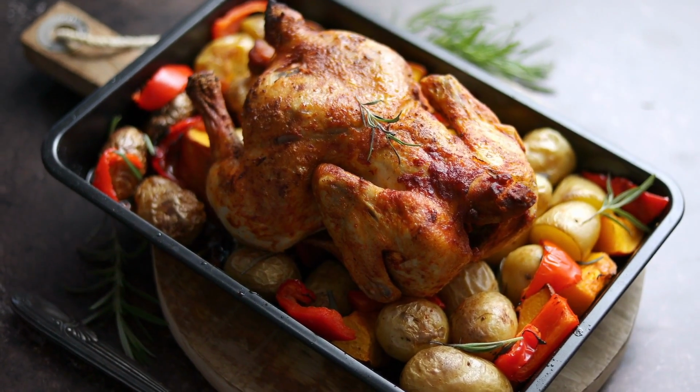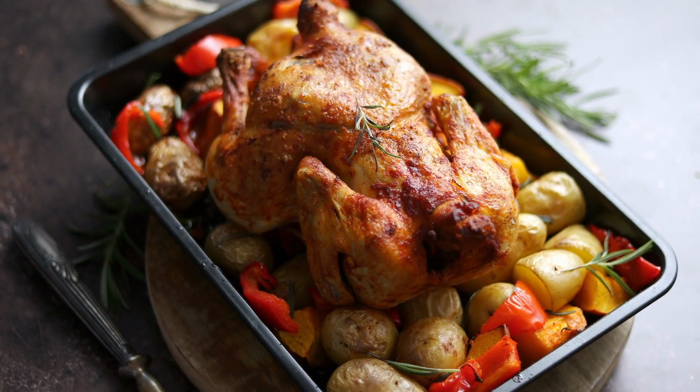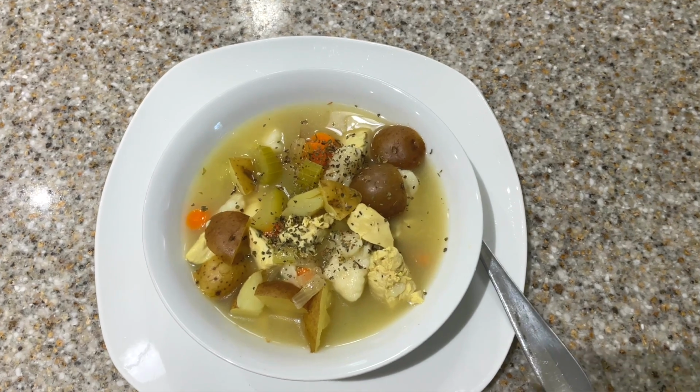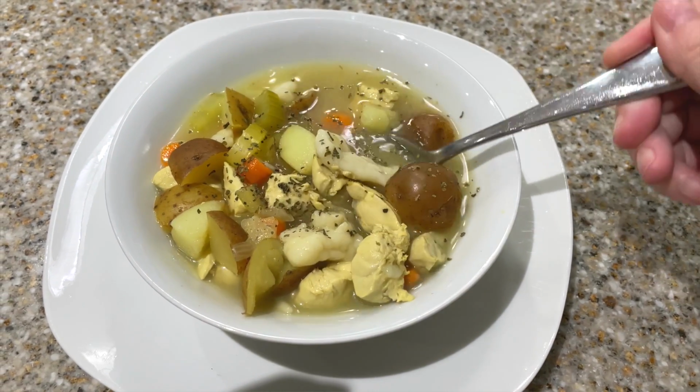And the first meal, you can have roast chicken and mashed potatoes and gravy. And on the second day, you can use the chicken breast from the second chicken to make like chicken fettuccine alfredo or some other chicken dish that you love. And the third day, you can use the leftover chickens from both to create chicken dumpling soup, which is like one of my favorite all-time meals. I'm gonna share the recipe down below. But this chicken soup has big fluffy dumplings, totally delicious, and each of these 3 meals are under $10 for